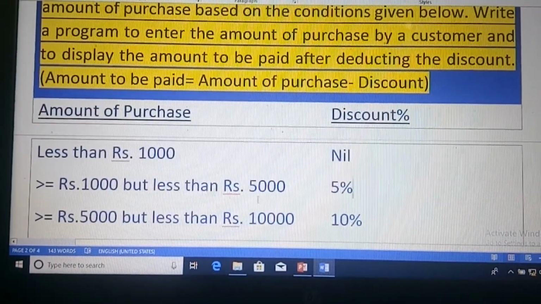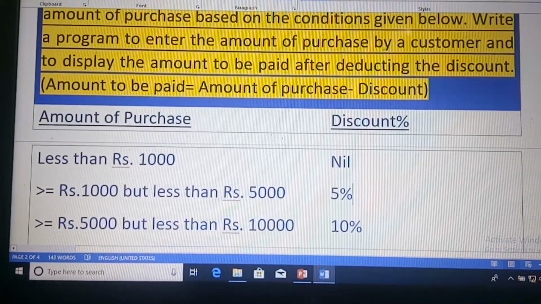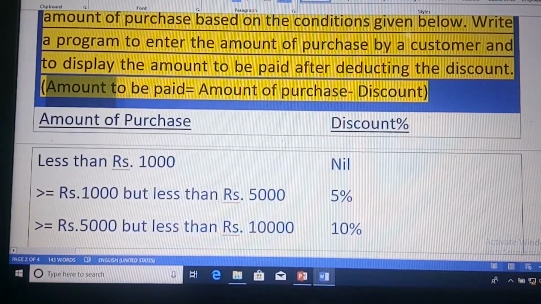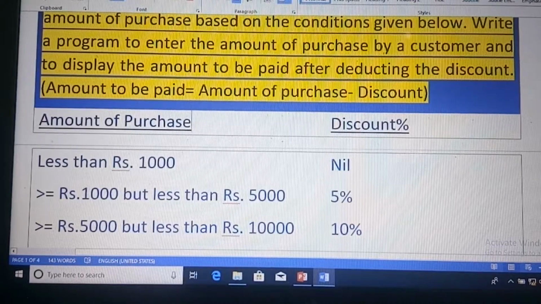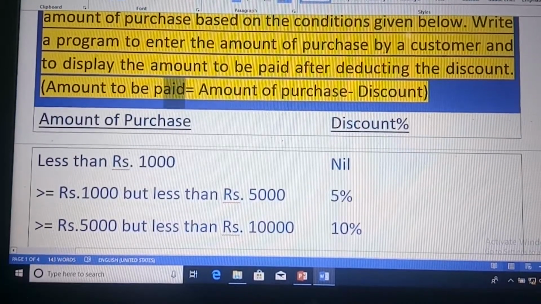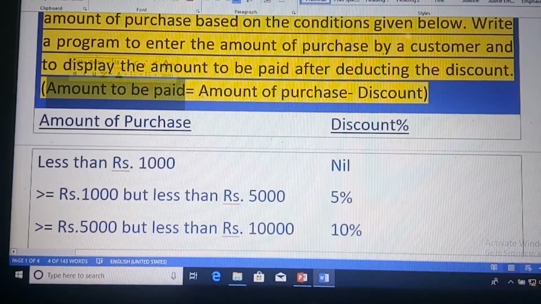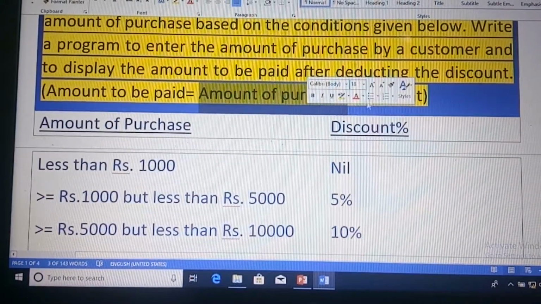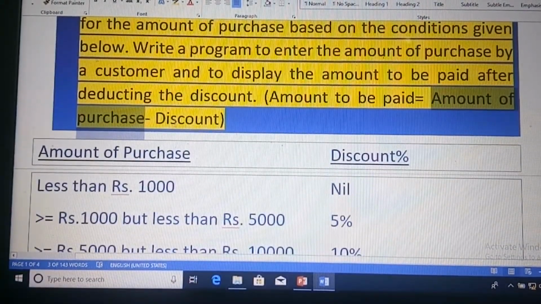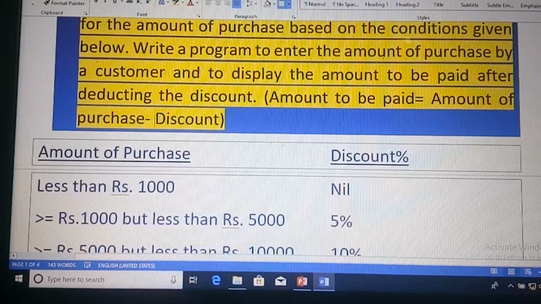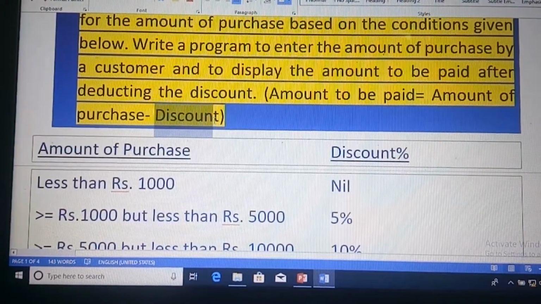And after calculating the discount, we need to find the amount to be paid by the customer. We know the amount to be paid by the customer equals the total amount of purchase minus the discount obtained by the customer.